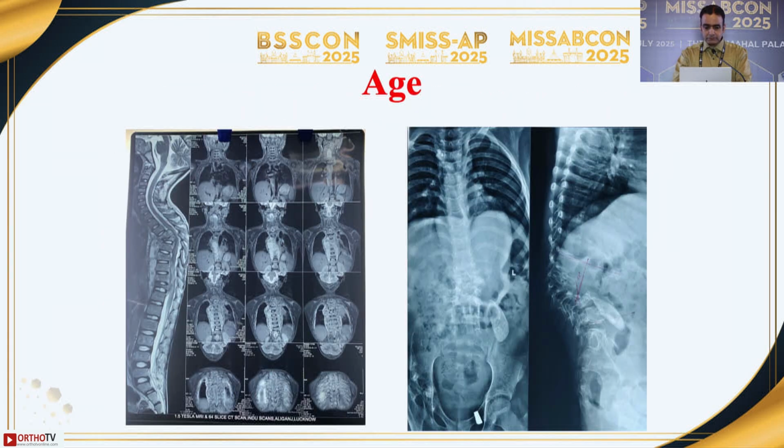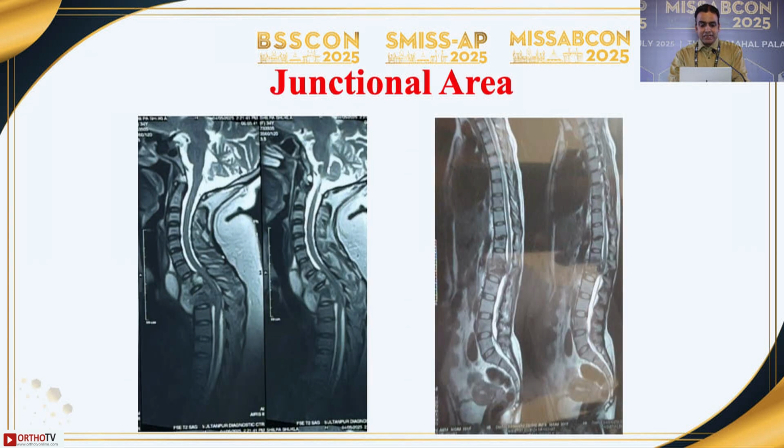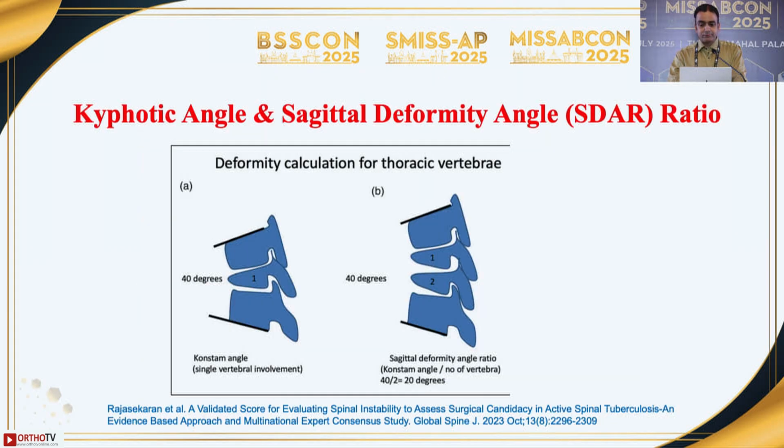The younger the age of the patient, the more vigilant we need to be, because they are prone to develop deformity, and we need to be vigilant when we are considering this patient for surgery. We need to get fusion for this surgery, especially in the junctional areas, whether cervicothoracic or thoracolumbar junctional area. We need to consider fusion for these areas. And if the kyphotic angle is more than 40 degrees, more than 30 degrees for the thoracolumbar junction, or the sagittal deformity angle is greater than 15 degrees, then we need to consider surgery for this patient, and we need to